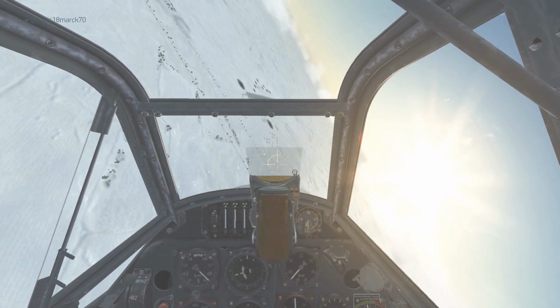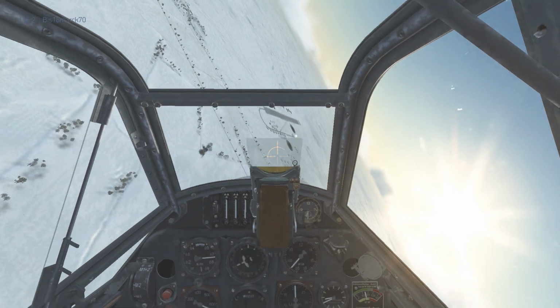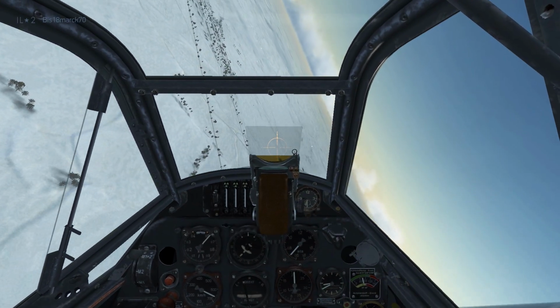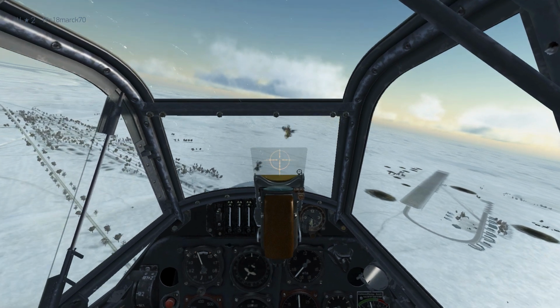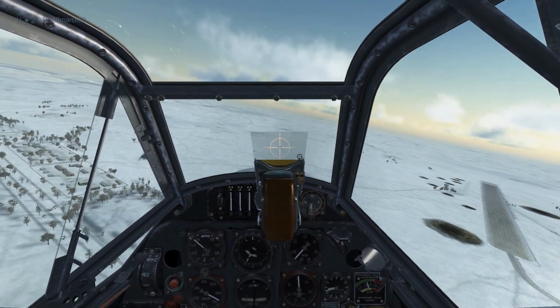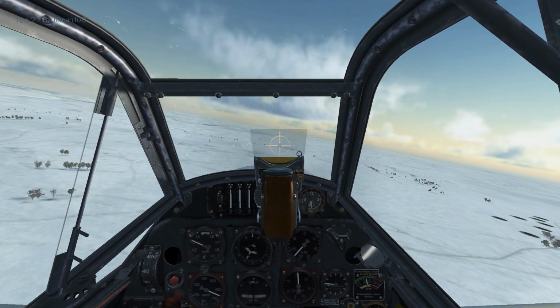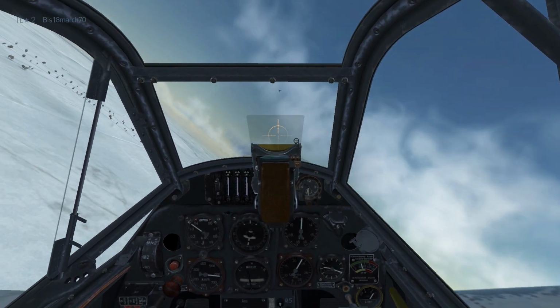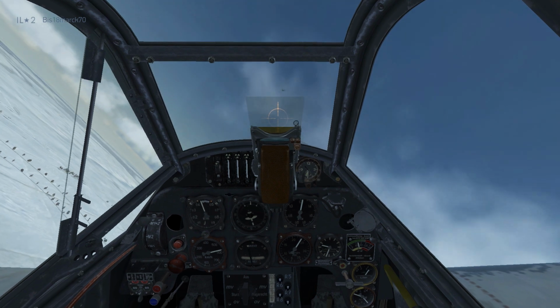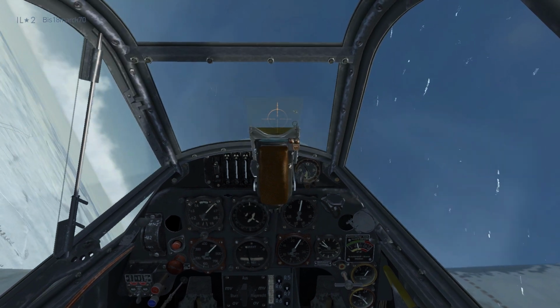Now I'm starting to go mighty fast here, so I have to trim out my plane a little bit so it doesn't pull up automatically. I'm a little bit afraid here that my own flak will shoot me down as they fire on that LA5. I'm sure they're scared as hell as well, otherwise they wouldn't fire like this crazily. But the enemy plane starts to pull up here. I'm slowly adjusting my aim,